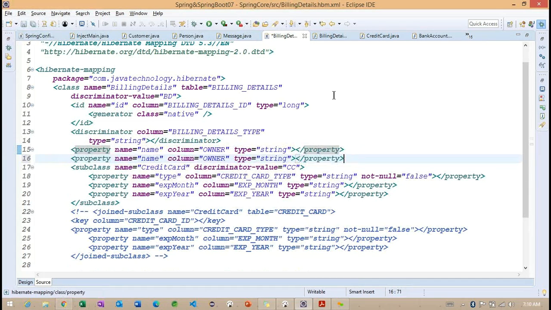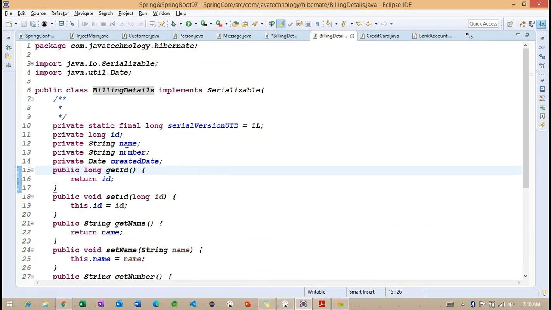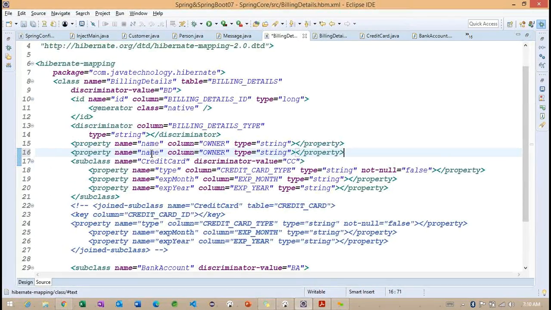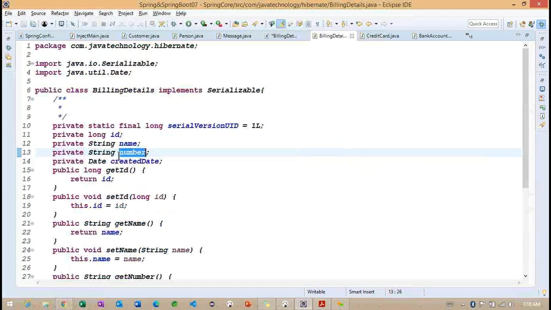Along with this property, we created another property. Go back to here. After name, we need to work with the number, basically billing details number. Okay, so we don't want to use this particular billing details number.